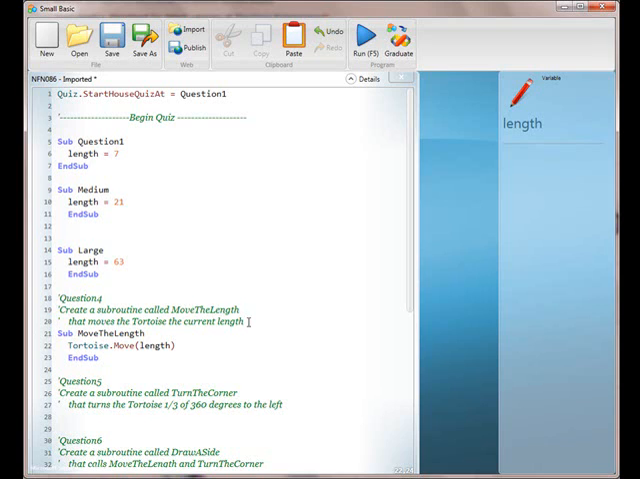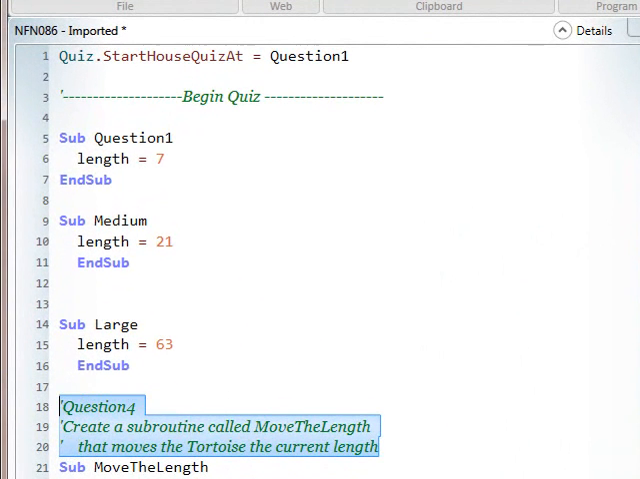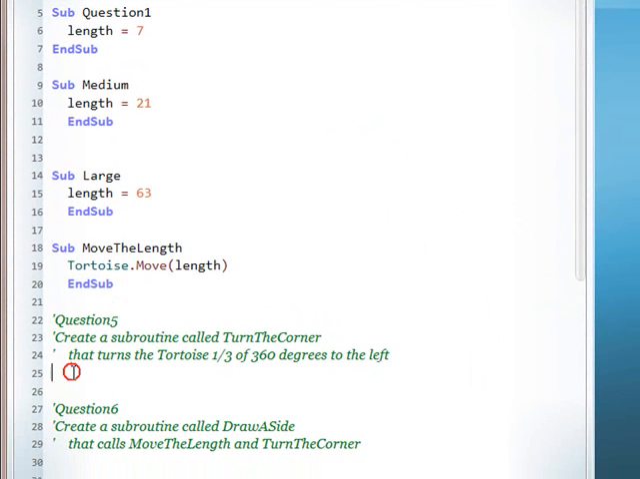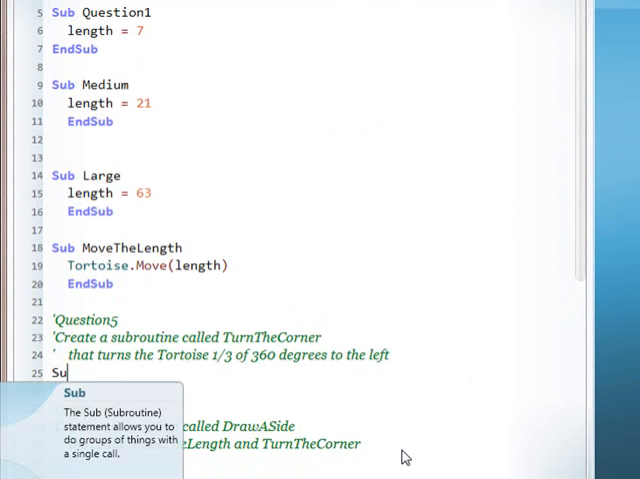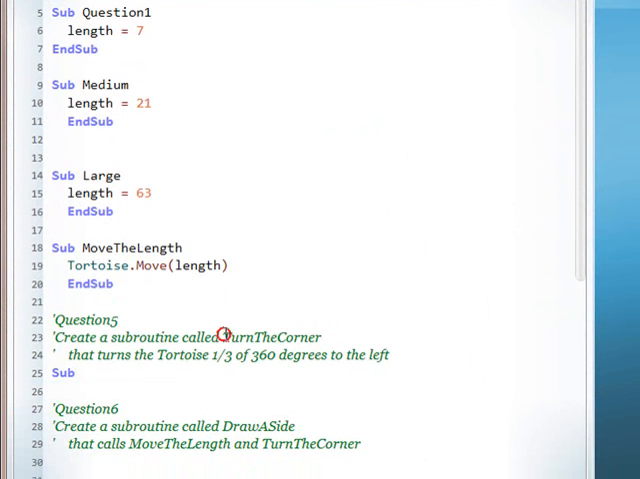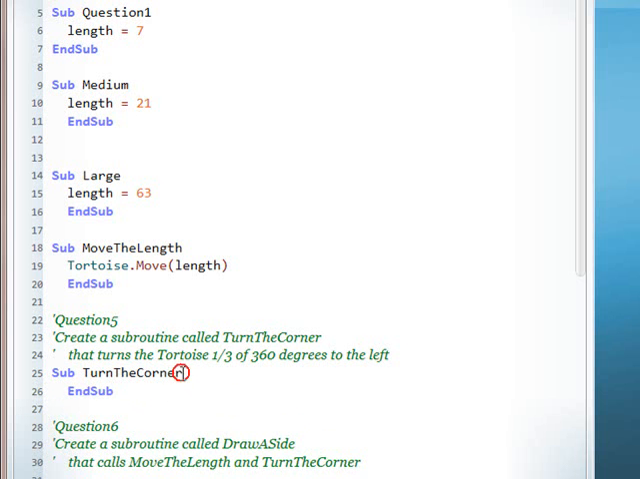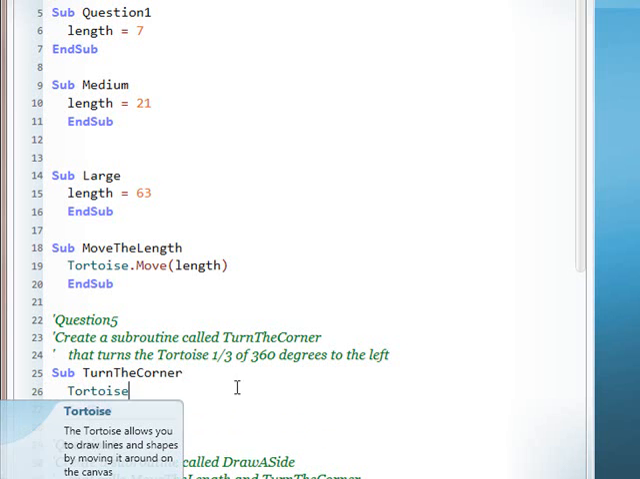So we're going to just get rid of some of these lines here, and now we're going to go into the next one. Go ahead and read that for me, will you? Question 5. Create a subroutine called turn the corner that turns the tortoise 1/3 of 360 degrees to the left. Again, we're reinforcing quite a few concepts here. If you've taught sequentially, you've taught the square and the variation, and the kids have seen this idea of the computer doing math